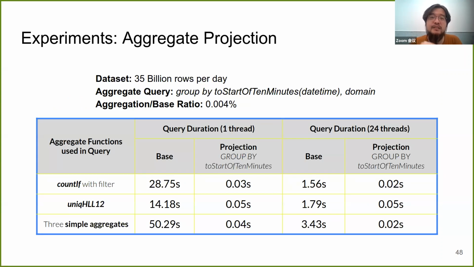Now let's see some experiment results from the real use case. We've already seen the power of projections in the previous demo. Here I'll just list some notable results of aggregation projection, because the effect of the optimization is highly related to both queries and data distribution. The dataset we use here contains 35 billion rows per day, and the projection aggregates data down to less than a million rows. As a result, we can see that the queries can finish in milliseconds instead of near a